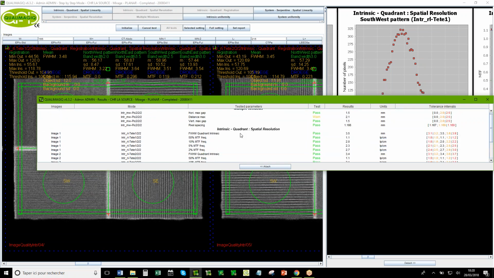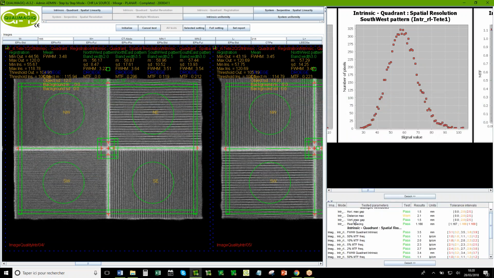So 3 times the same result because they want to test the 3 heads of the camera. Is it okay for this test? For me, okay. Yes. Okay for me. So we continue with the intrinsic test without collimator. So uniformity.